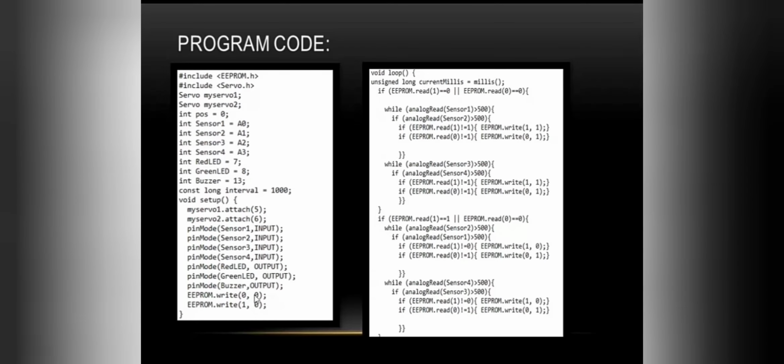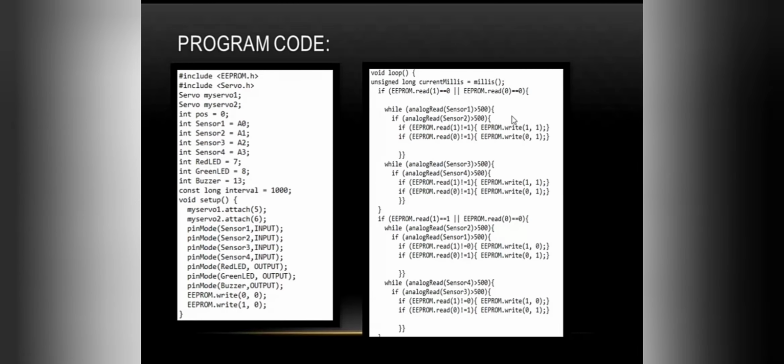So in the void loop, first, whenever EEPROM.read(1) and read(0) are both 0, and analog sensor 1 is greater than 500, that is, if the analog value is greater than 500, I have set the sensor value such that if the train exceeds 500, the gate should open so that people can go, because within that 500 range the train length may be up to that only. So up to that range the sensor will not sense, and the gate will be closed.